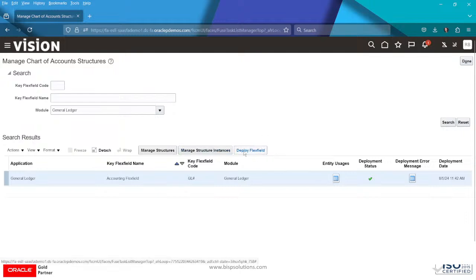You will deploy. It is already deployed, so the status is checked here. If there is any error, then you will correct it by going to the error message and checking it. Okay,